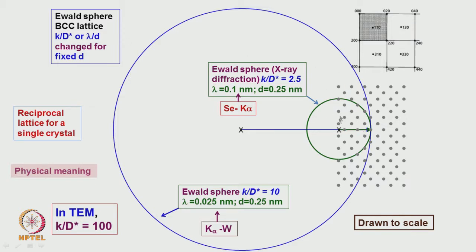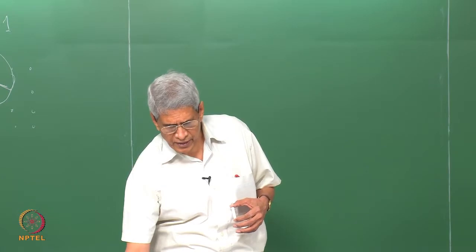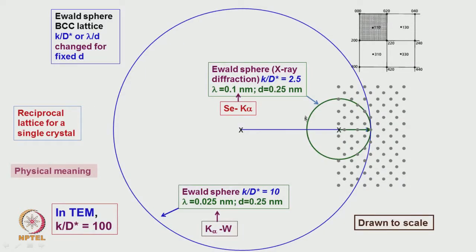Another point that becomes obvious is that in such a case, only very few spots are touching. So, the number of diffraction spots you get for a particular beam direction is going to be small for conventional X-ray diffraction with copper K alpha or molybdenum K alpha. For an electron beam, you can understand that more spots will appear, correct. But the consequence is that the Bragg angle will become smaller and smaller.